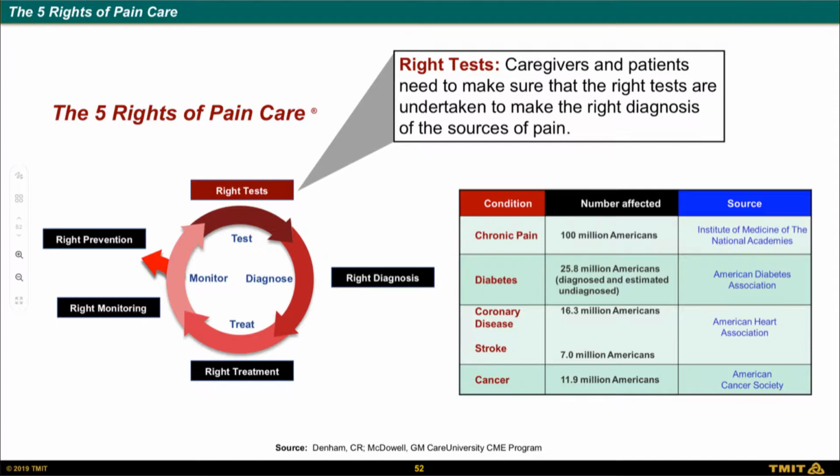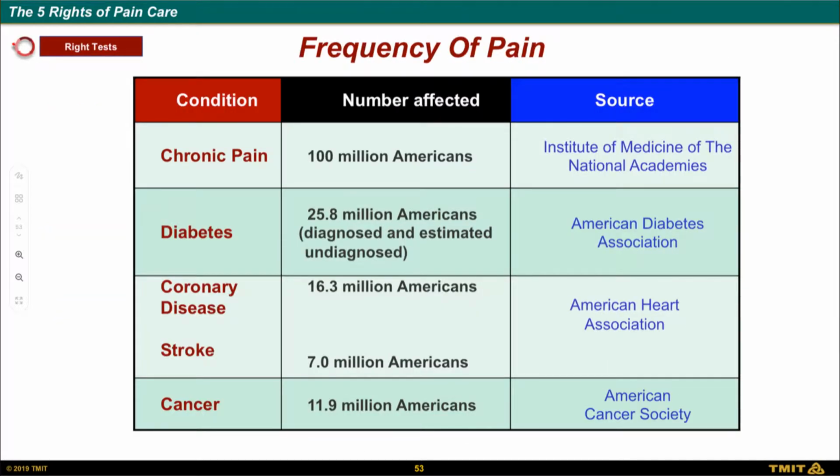If you move to the next slide, we talk about some of the frequency of pain. We now know that pain is the most common thing that people present to their primary care physician. We spend an incredible amount of money on this problem in this country in terms of evaluation, treatment, but also lost work days and then disability payments. If we move to the next slide,